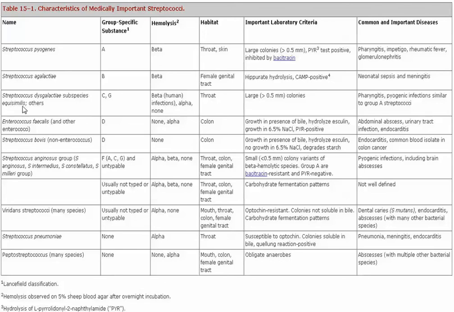Equisimilis groups and others. This causes beta, alpha, or non-hemolysis, a human infection. This is found in the throat, causes pharyngitis and pyogenic infections similar to Streptococcus pyogenes. Now, Streptococcus